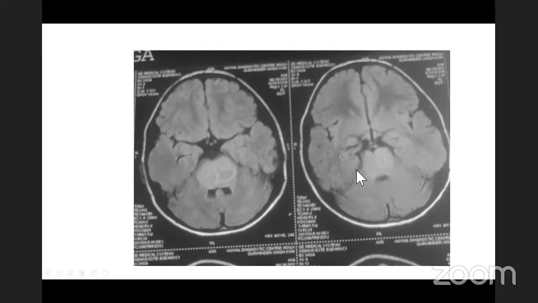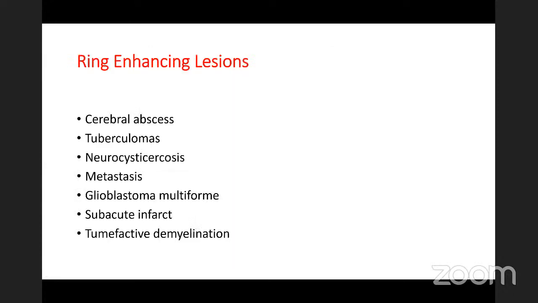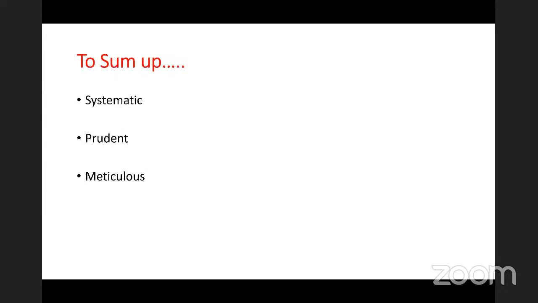So ring enhancing lesions can have a long list of differential diagnoses which the residents have to know. The cerebral abscesses, which have been shown earlier, also form. You have tuberculomas, you have neurocysticercosis, you have metastasis, glioblastoma multiforme, even demyelination. If it is tumefactive demyelination, the subacute stage can also have an incomplete ring. Therefore, to sum up,